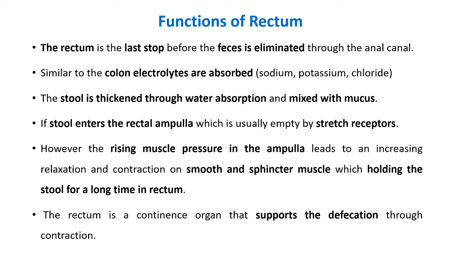These sphincter muscles help in the process of contraction and relaxation of the opening of the rectum. So whenever pressure is generated on the sphincter muscle, the opening of the rectum opens. That is why the fecal matter is eliminated from the body through the anus. So the anus is the opening of the alimentary canal through which the fecal matter deposited into the rectum is eliminated from the body.